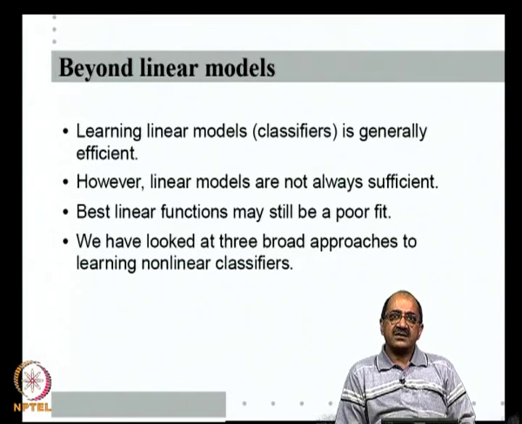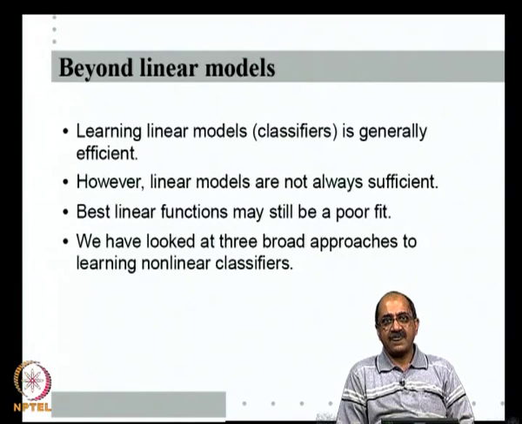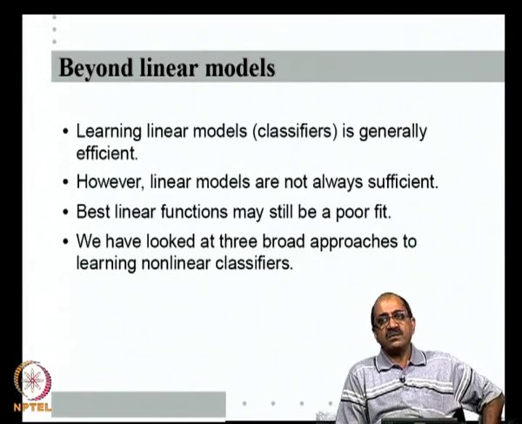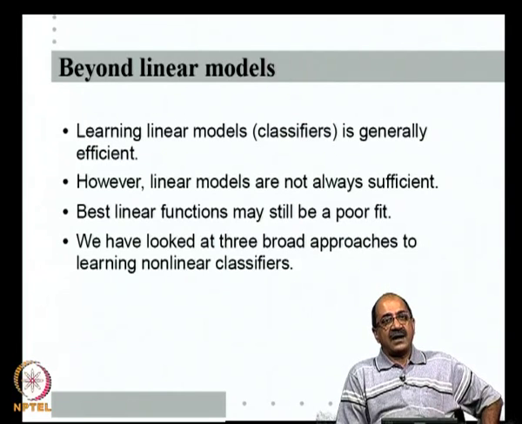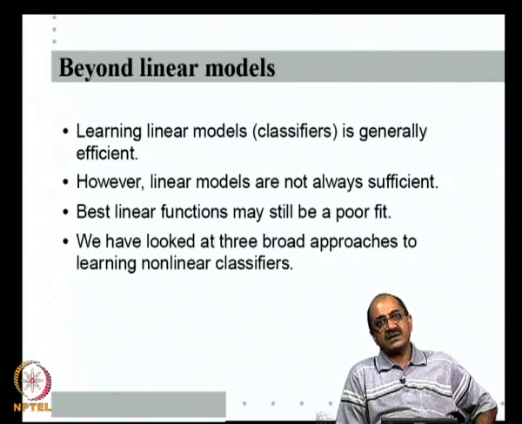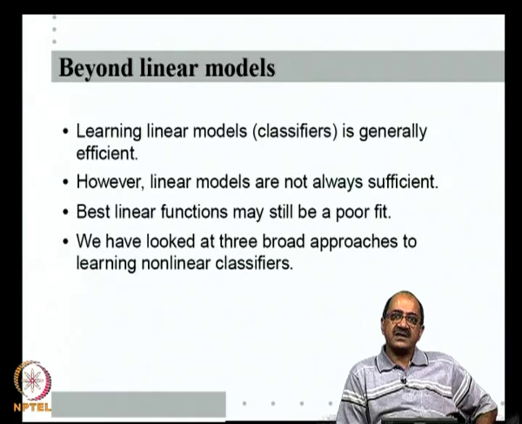So, if we can find some good way of parameterizing a sufficiently large class of nonlinear functions, then once again possibly we can use a squared error loss function and minimize empirical risk over that family of functions to learn a good nonlinear function. So, one approach is to look for methods whereby I can get a good parameterized class of nonlinear functions, and over that class of functions ask whether there are efficient ways of minimizing empirical risk, let us say under the squared error loss function. The second approach is to say, okay, next best to linear is piecewise linear.